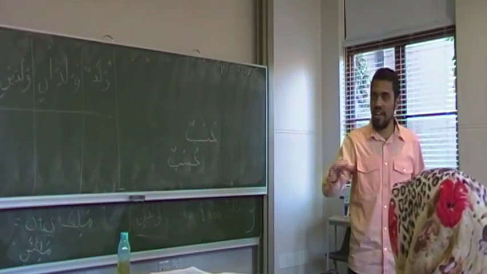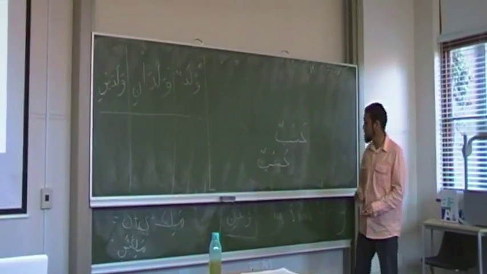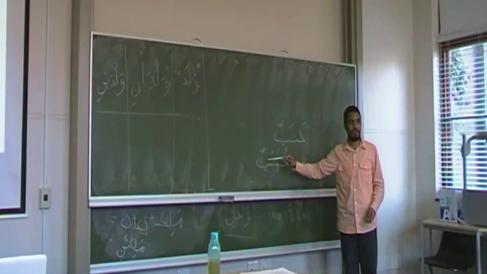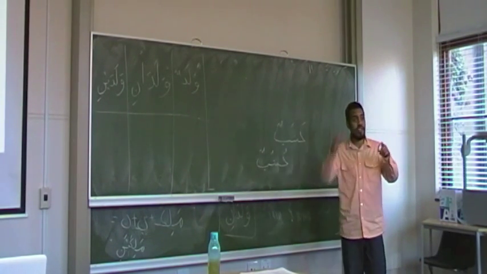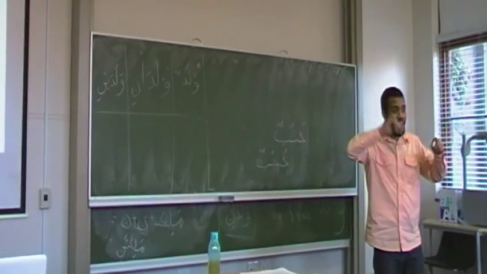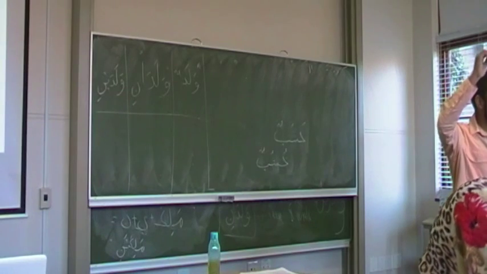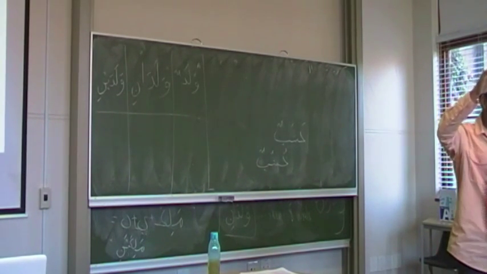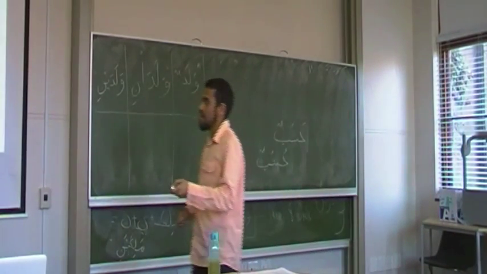Okay, so let me clarify that. What do I mean by a change in the base? I mean a change in any of the letters, not necessarily the last one. So Rajul, the Ra changed to Ri, and the Ju changed to Ja. Does it make sense here? With me? Sure? Okay, for now, don't worry.